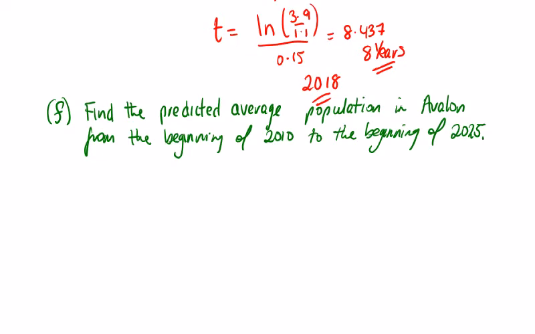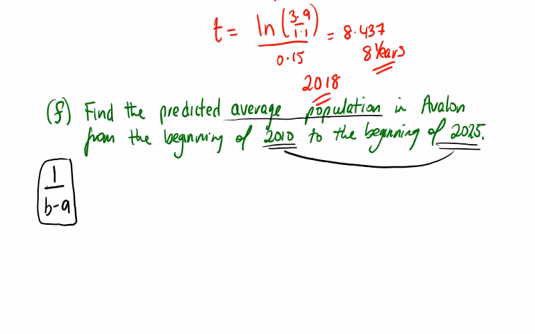Part F, we're asked to find the predicted average population. So this is the average value in Avalon from the beginning of 2010 to 2025, and this is the formula 1 over b minus a. Rather than putting in 2025 and 2010, this is a 15-year window that we're looking at. So we're looking at 1 over 15 by the integral of,